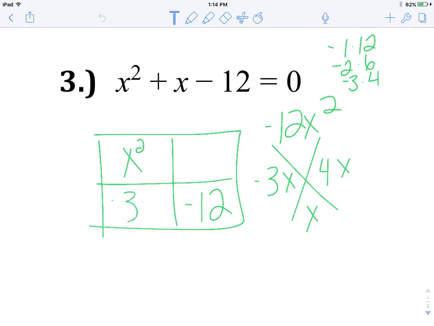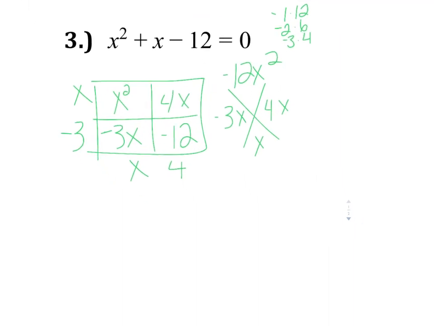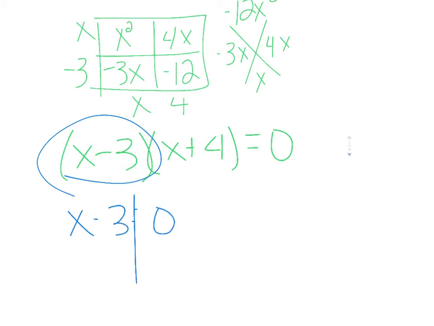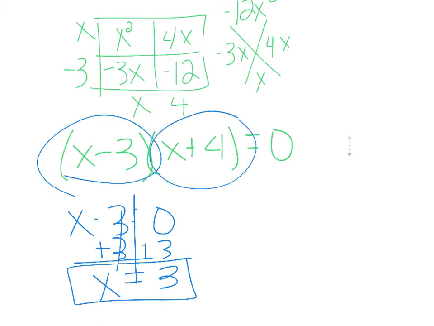So I'm going to plug my negative 3x in and my 4x, pull my x's on the side and the bottom, and then work my way to figuring out what's going to go on the sides. So we're going to end up with an x minus 3 and an x plus 4 equals 0. So now we are going to solve for x. So I'm going to take each factor and I'm going to set it equal to 0. So to get x by itself, I'm going to add 3 to both sides. So I end up with x equals 3. And then this factor, x plus 4 equals 0, I'm going to subtract 4 from both sides to get x